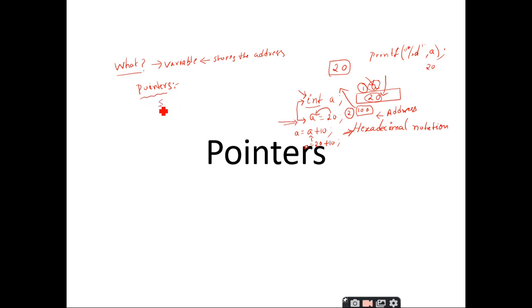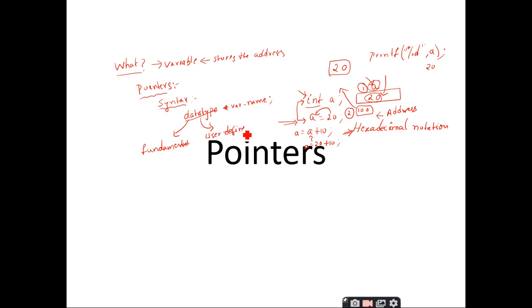The generalized syntax for declaring a pointer starts with the keyword which specifies the data type, followed by a space, followed by the indirection operator star, and then the pointer name or variable name: data type, space, star, variable name. Here the data type can be a fundamental data type, or it can be a user defined data type also.